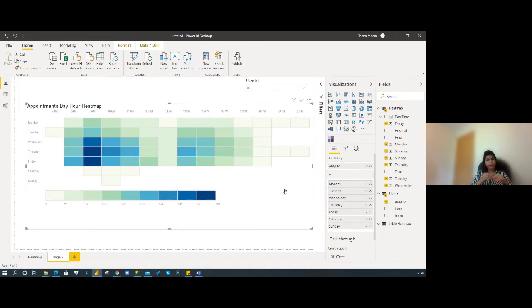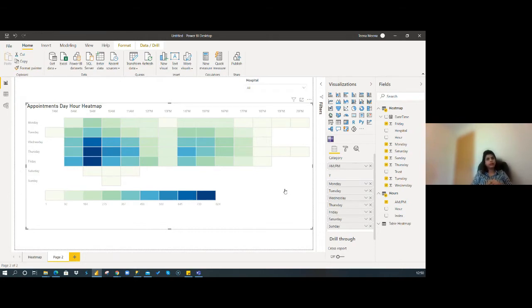Ah, right. Okay, so I see. So let's say a doctor's surgery has a number of doctors in there. You can see the capacity for each doctor, and then act or react to anything that might be happening. This heat map shows the demand, and then you can manage capacity, kind of. Yeah. Okay, that sounds good.